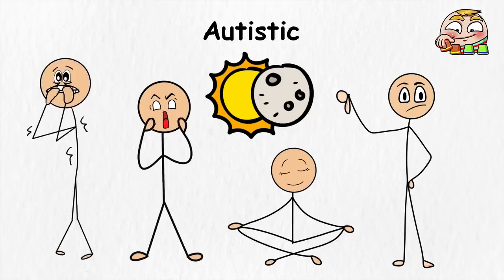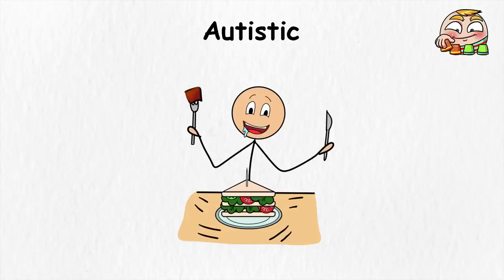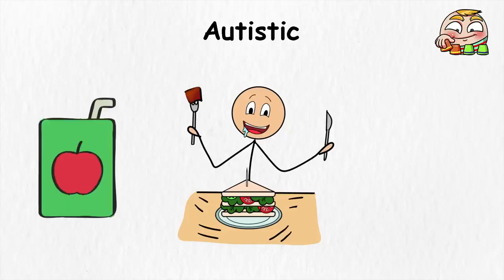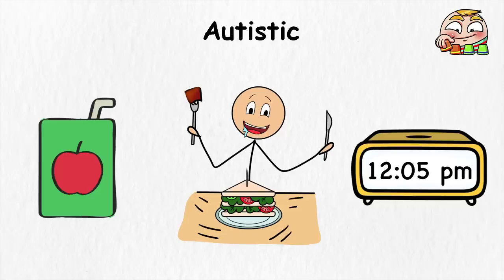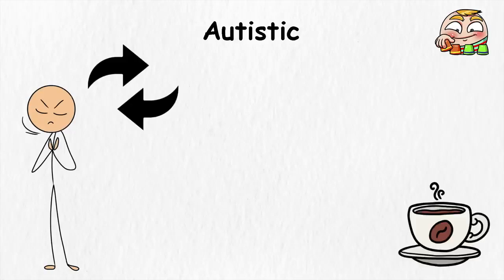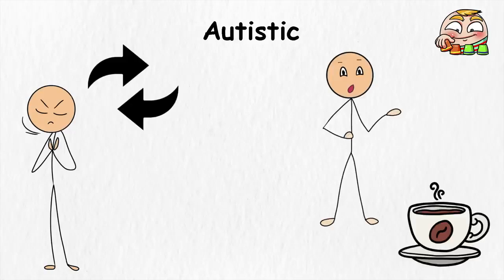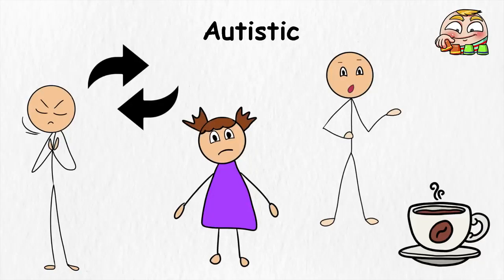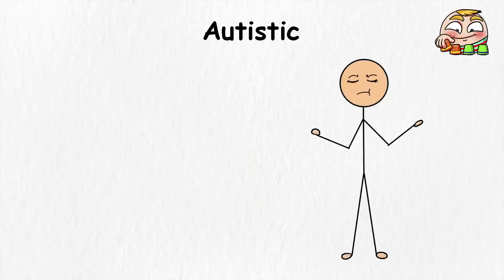For a person with classic autism, routine is sacred. If lunch is always exactly at noon with the same brand of apple juice, then having lunch at 12:05 or even changing that apple juice is basically a betrayal of the highest order. You wouldn't swap someone's morning coffee with decaf and expect peace, right? Same vibe. Classic autism is typically diagnosed in early childhood, often before age 3, and just so you know, autism is lifelong.